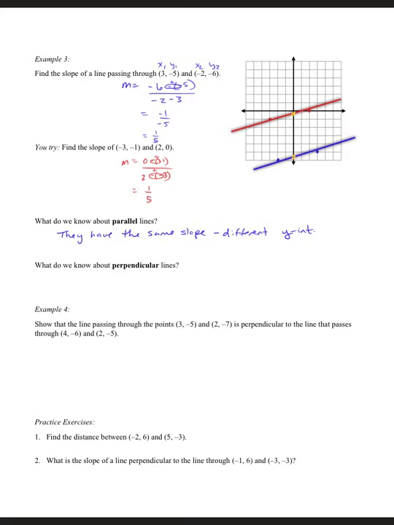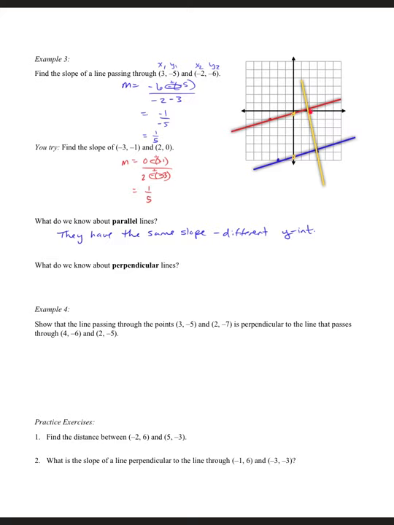The next thing, what do we know about perpendicular lines? Well, if we were to create, let's go with a line that connects two of these points that we created, one from each. What I've created here is going to be a perpendicular line to these other two lines that we have already graphed. So I want to look at the slope of this yellow line that I just graphed here. If we start at this point right here, now it's not exact, but it's as close as I could get with this, if we want to go from this point to this point, and we want to look at the